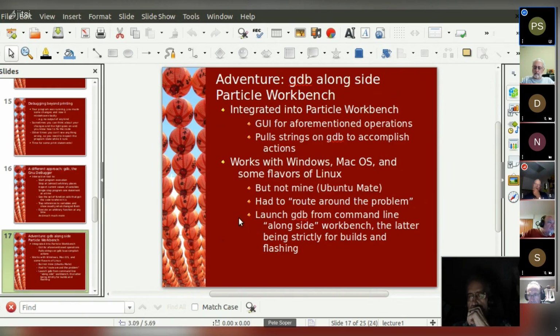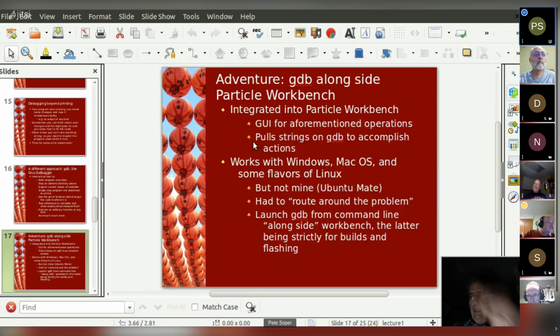So my adventure with GDB was a side effect of the fact that the Particle Workbench, which is the name of Particle's integrated development environment, has a very fancy graphical user interface, but it's implemented with GDB, and so the user of the GUI has a really nice, sweet interface that shows their variables. They see their source code.